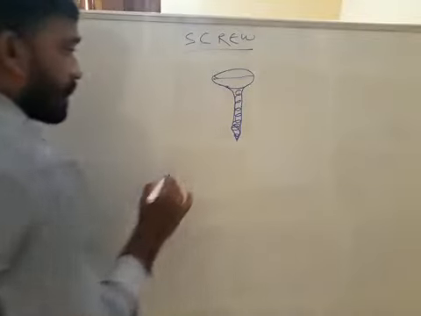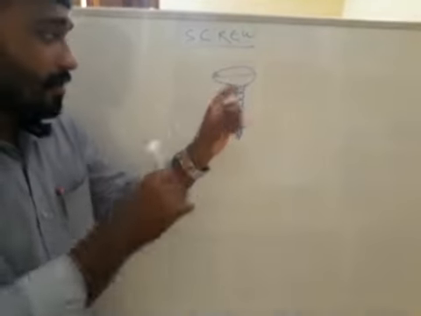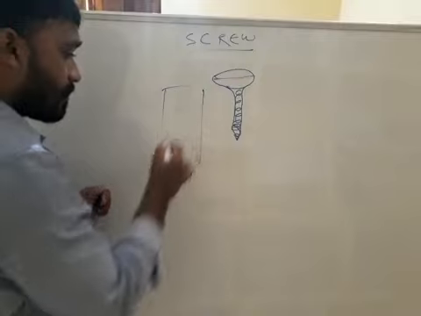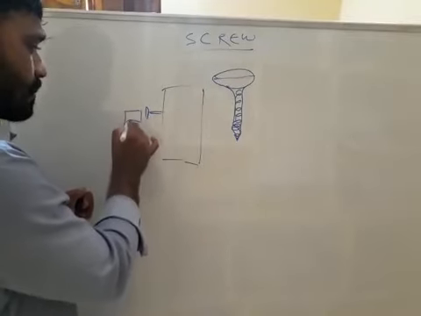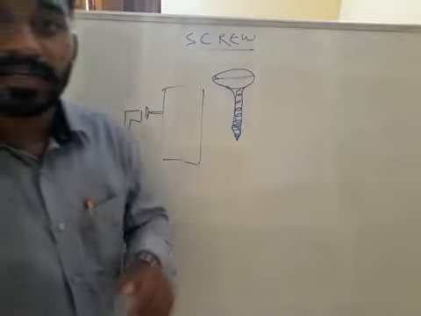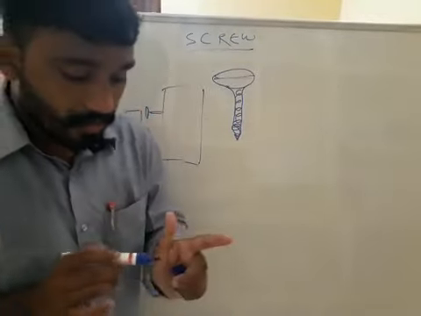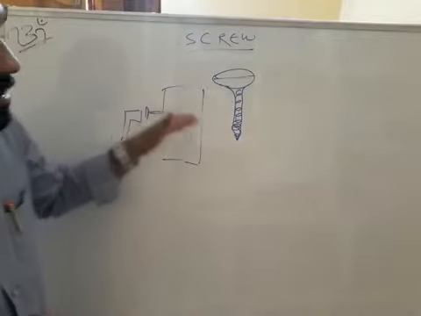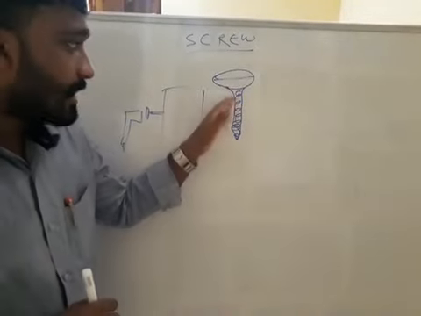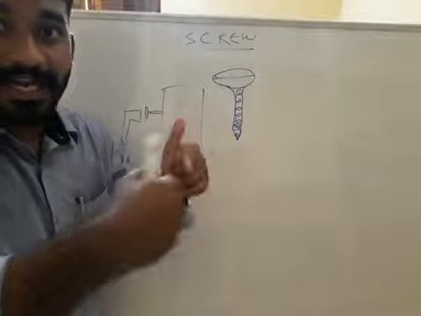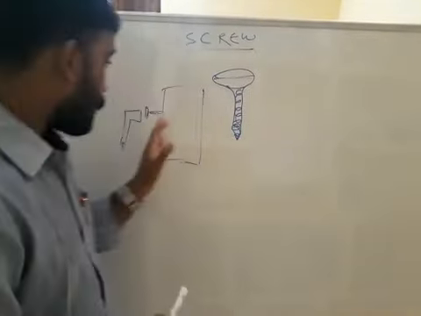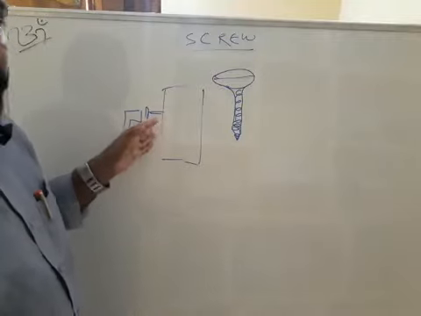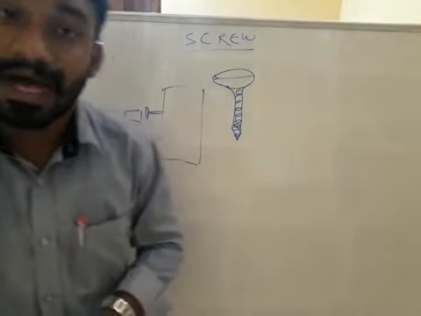Next, in actual practice, a screw cannot go into a rigid object by itself. See, here one hole-like structure is there. Suppose it is a wall and you hammer it with a hammer, it will not move in. It will not penetrate the wall, because it has a spiral, thread-like structure. So only with the help of a screwdriver can we enter a screw into a wall.